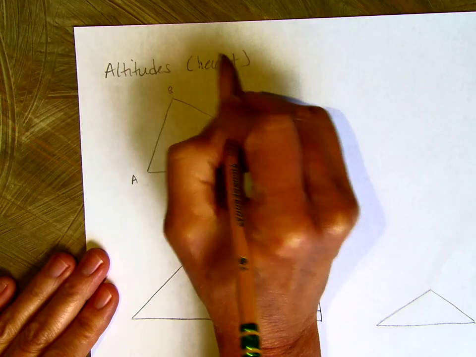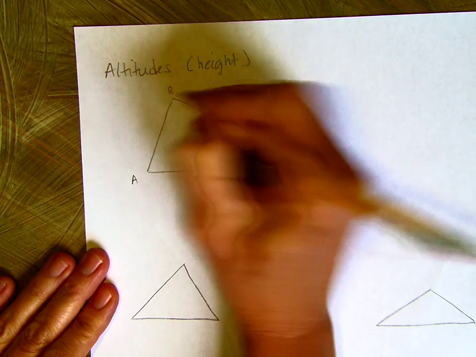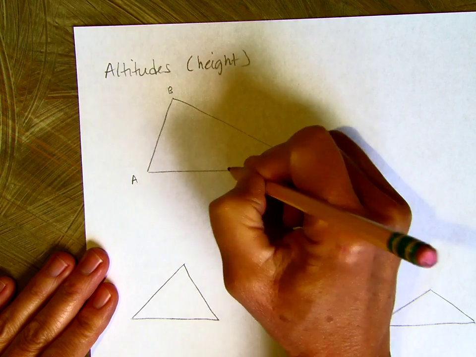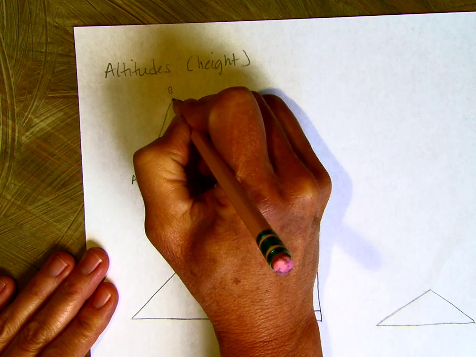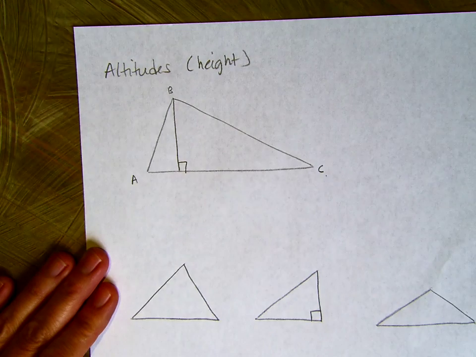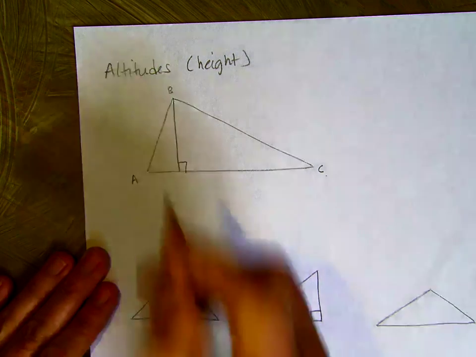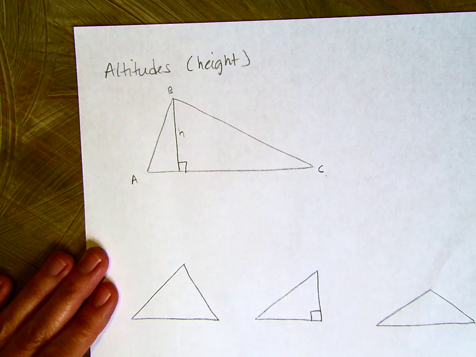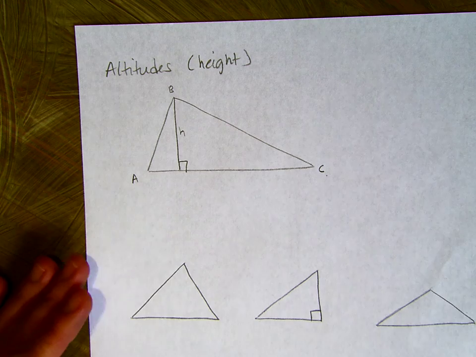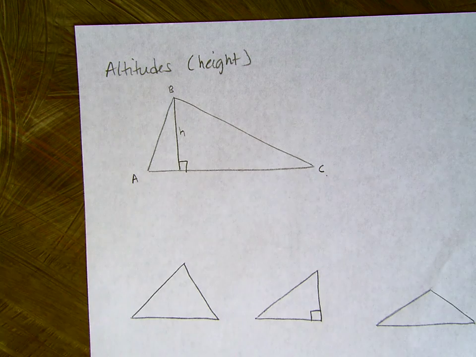Another one in here is altitudes. What is an altitude? The height of a triangle. So an altitude, if a median goes from the vertex to the midpoint of the opposite side, an altitude goes from the vertex perpendicular to the other side, and we often do. And the 3 altitudes of a triangle